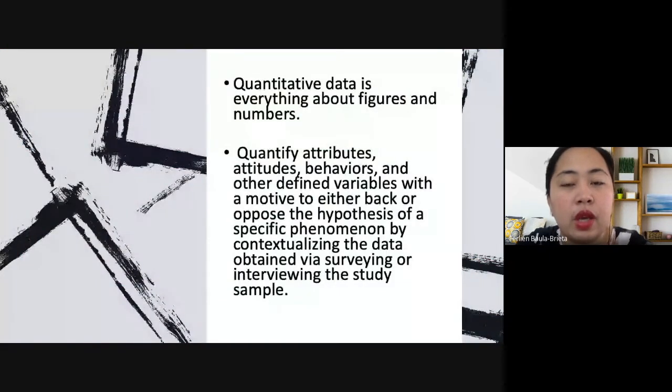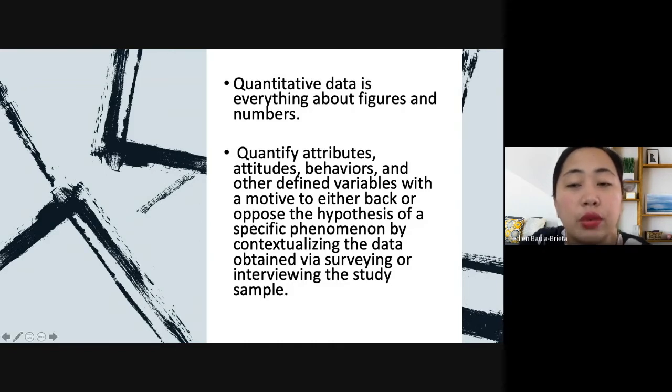Okay. So quantitative data, just to remind us, is everything about figures and numbers, from the word quantify. So it talks about numbers and figures and charts. So later on in your chapter 4, if you will have a research design on quantitative, you will have figures and numbers in your presentation of data. So quantitative data gathering